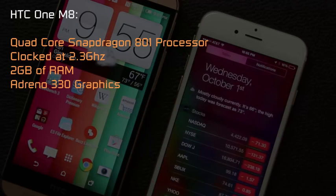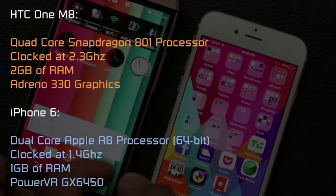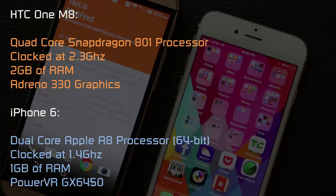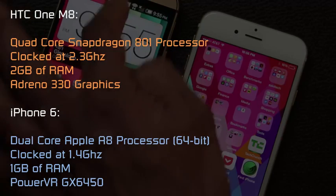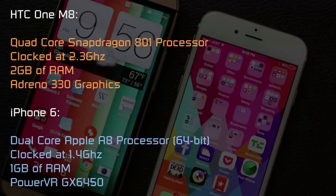with 2 GB of RAM and Adreno 330 graphics, while the iPhone 6 sports an Apple A8 dual-core chip clocked at 1.4 GHz with 1 GB of RAM and PowerVR GX 6450 graphics. On paper, it appears that the HTC One M8 is definitely faster, but I will run a processor and memory benchmark at the end of this video to measure the total processing power to see which one produces more raw